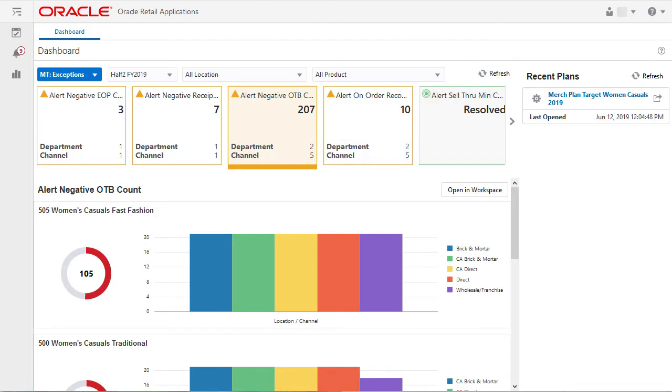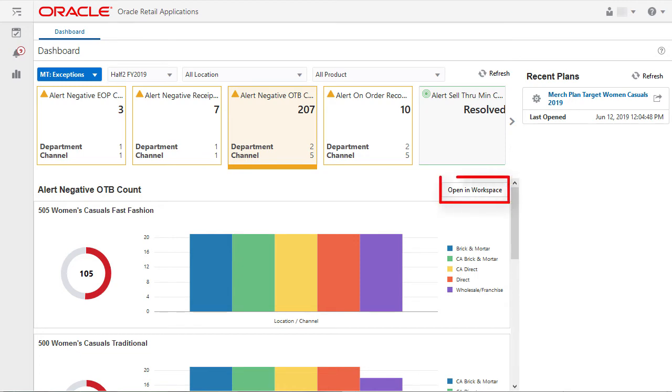When examining the metrics and exception counts in the dashboard, you can resolve issues or adapt your plans to actual results by launching a TaskFlow workspace that is associated with an exception displayed in the dashboard. You can do one of the following actions. Open a pre-built workspace. You can launch a segment workspace that has already been built with the selected alert. The workspace focuses on data from the positions selected in the dashboard filters.